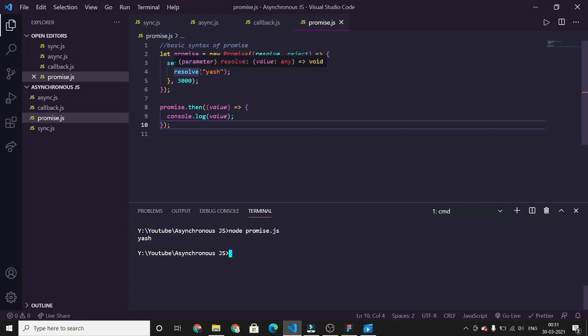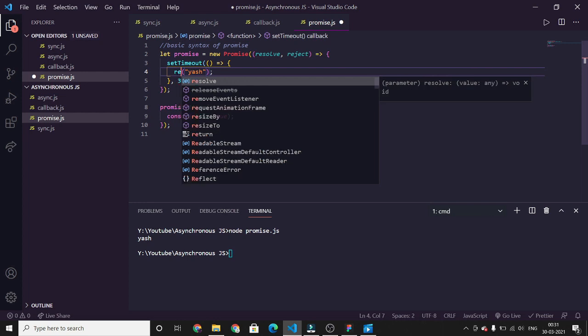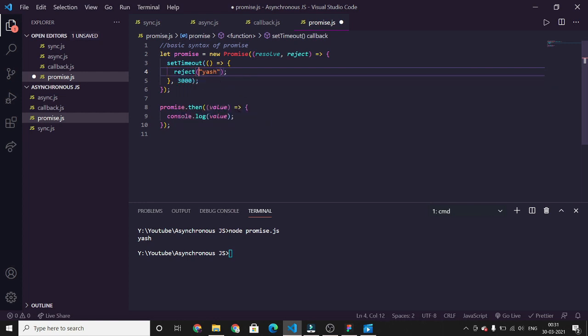I'll show you when reject is encountered. Reject is encountered when an error is found, like when the server failed to respond. So we will just create a fake error, and inside we'll give message as server failed to respond.